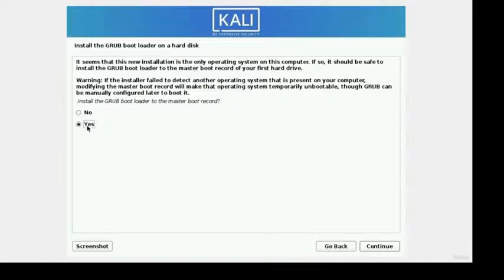And you might be asking, wait Alexa, but I'm running other operating systems. I'm running macOS or Windows. Don't worry, remember, this is a virtual machine. It doesn't know about your main operating system. For this virtual machine, this is the only operating system that is being installed. So it is safe to select yes and proceed to the next step,